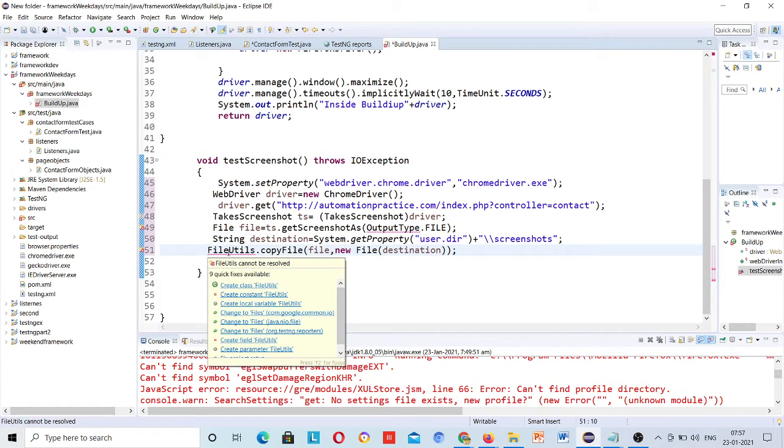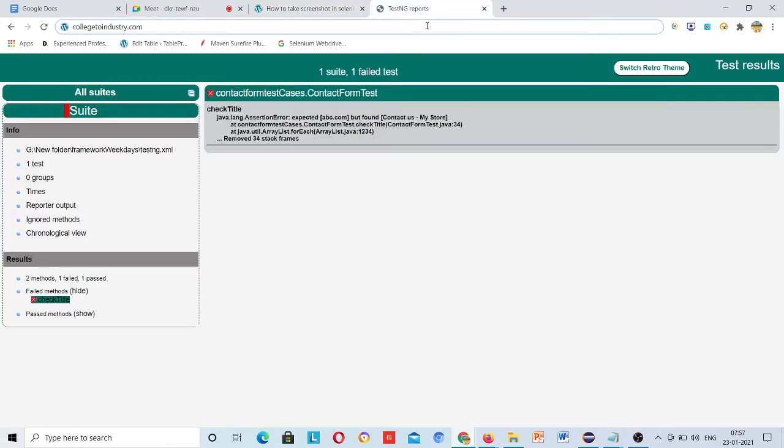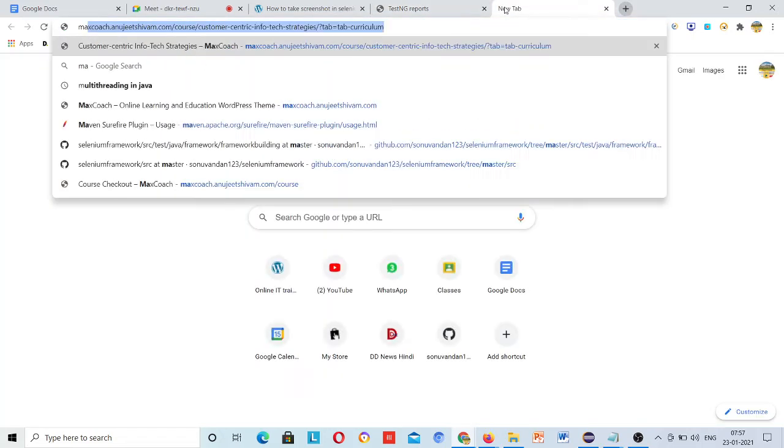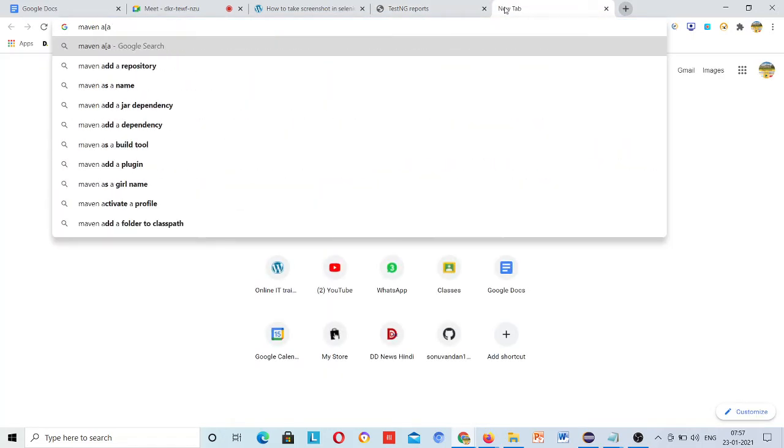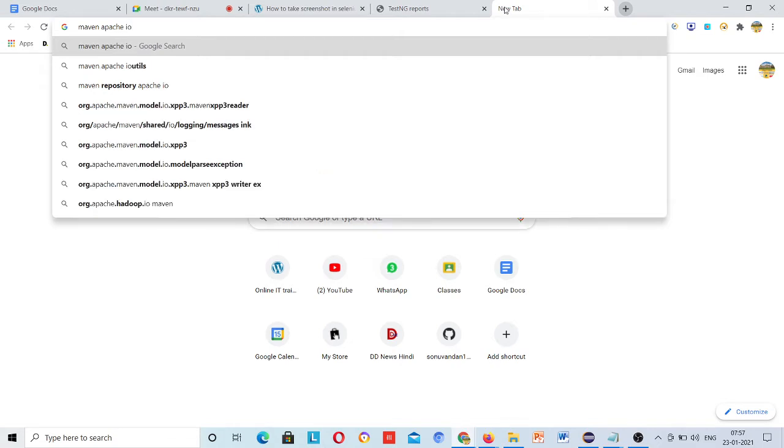This will require Apache Commons IO, so I will copy that from Maven, because in newer versions Selenium is not supporting FileUtil, so you need to import those jars explicitly. Apache Commons IO.